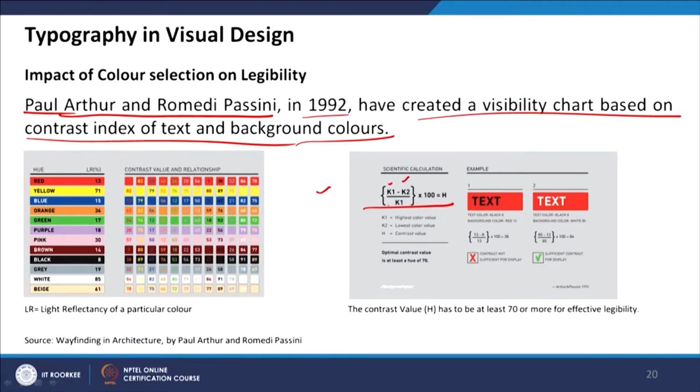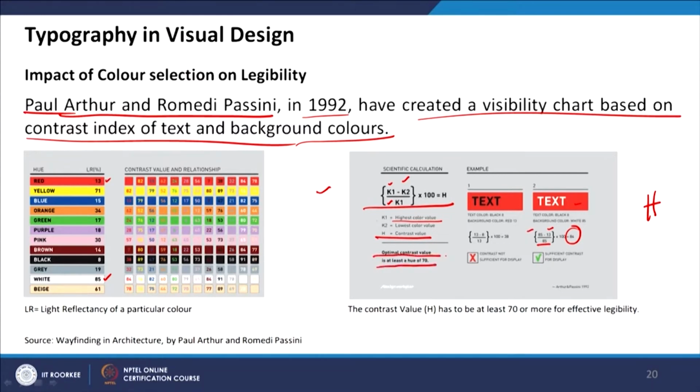The formula is H = (K1 minus K2) divided by K1, into 100, where K1 is the highest color value. Here the highest color value is white. White has 85 and red has 13. So 85 minus 13, divided by 85, into 100, is H. H is the contrast value indicator, and for optimal contrast it should be